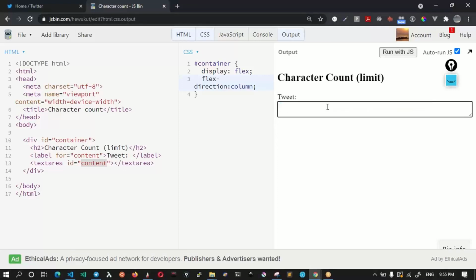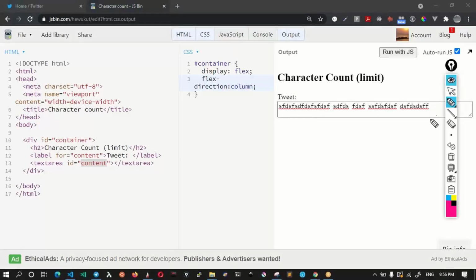Also, if I copy paste something, that should still work. Okay, it's a very important requirement. If instead of typing, I am copying and pasting from somewhere else, right? Still the character count should happen. So that's kind of a critical requirement for us. Now to achieve this, there are a couple of things that we will do. So the first thing that we will do here is we will grab this DOM element, okay, and we will